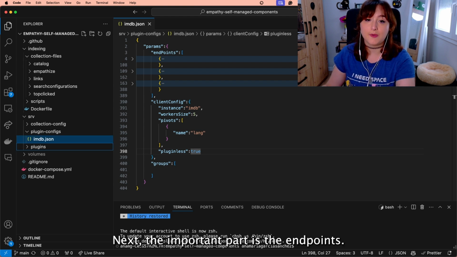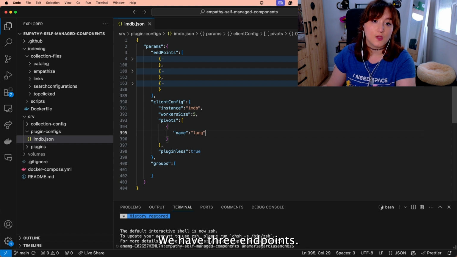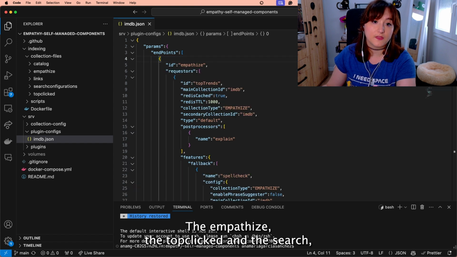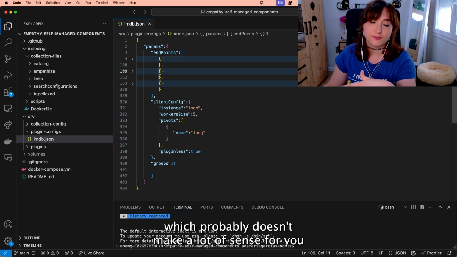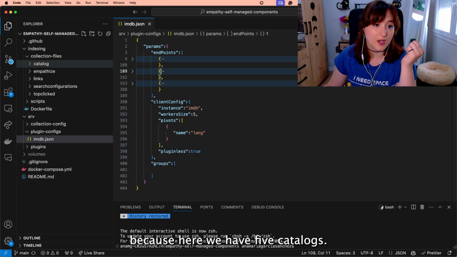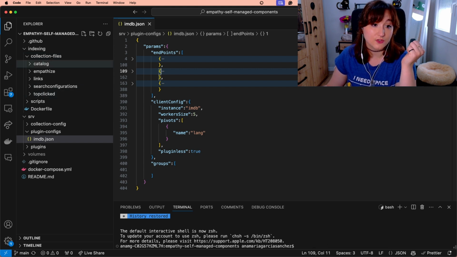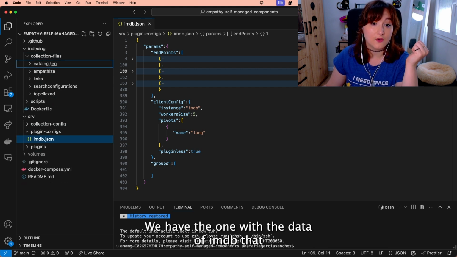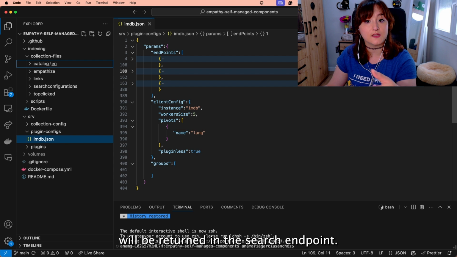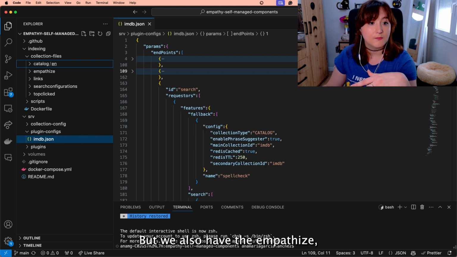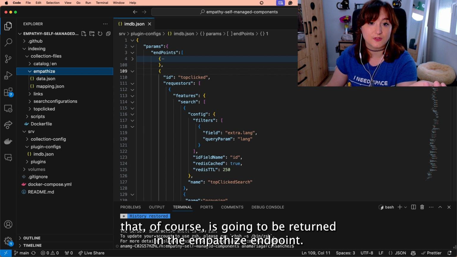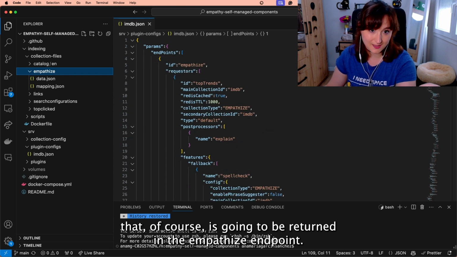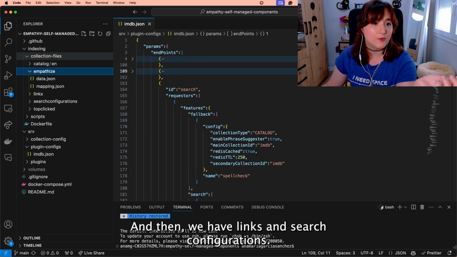Next, the important part is the endpoints. We have three endpoints, the empathize, the top click and the search, which probably doesn't make a lot of sense for you. Because here we have 5 catalogs. We have the one with the data of IMDb that will be returned in the search endpoint, but we also have the empathize that of course is going to be returned in the empathize endpoint, and then we have links